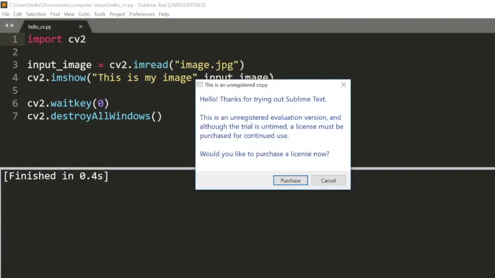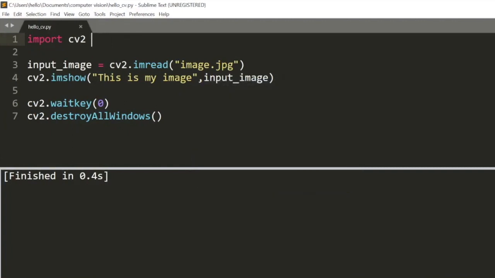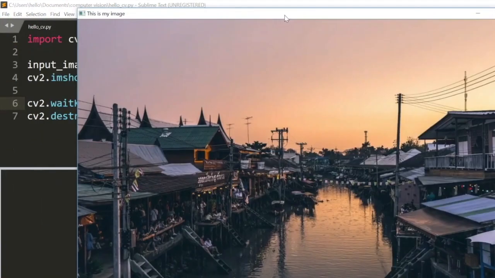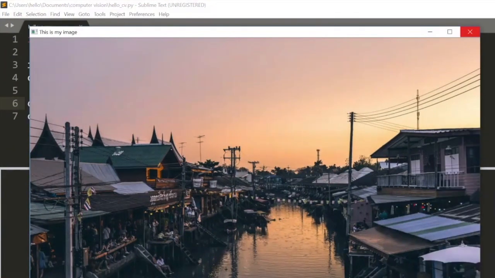Let's try to run this now and let's see if we have our image there. I made a silly mistake over here. This K is in camel caps. As we see, we have our image that I had on my computer displayed over here. This was very basic image reading. We were able to read something from our computer and get this inside our program.